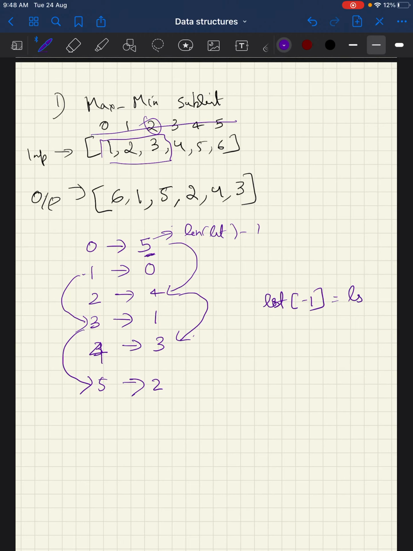That is the same as doing LST of 5, because this is the final element in the array. So if I am iterating this array from 0 to mid of this list, that is enough for me to access all these elements. Like I can access 5, I can access 4, 3, etc. Anyhow, 0, 1, 2, etc. I can always access, right?